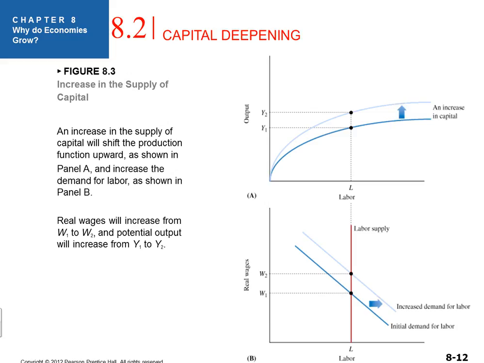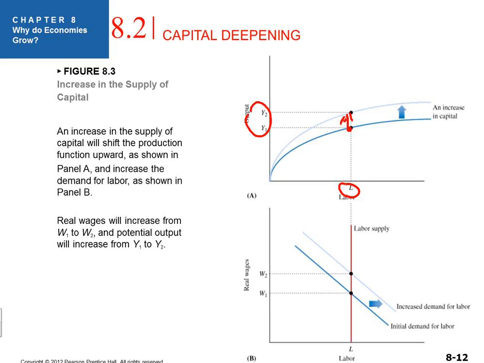Now we're ready to talk about capital deepening. The idea is that when you add more capital per worker, your output per worker increases. You have labor here and you have output here. So the same amount of labor can produce more output. What that means is when you have capital deepening, that's increasing the capital per worker, each worker can